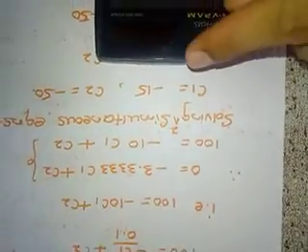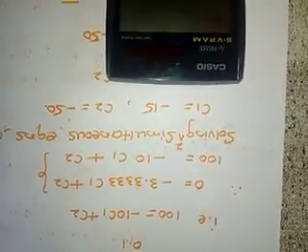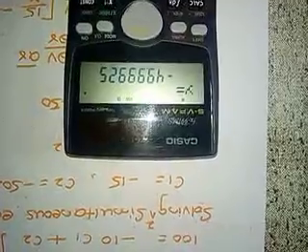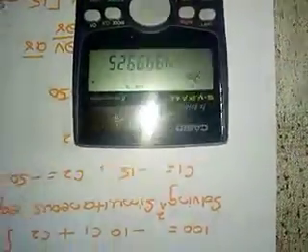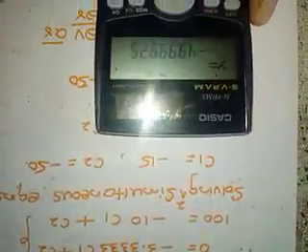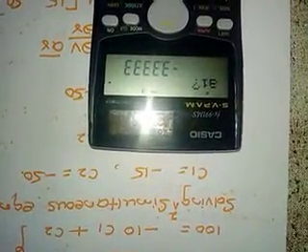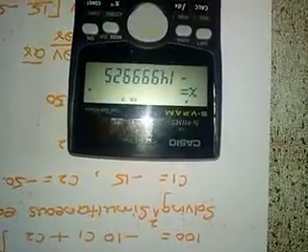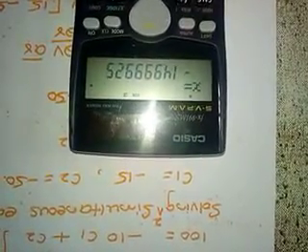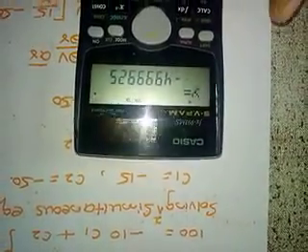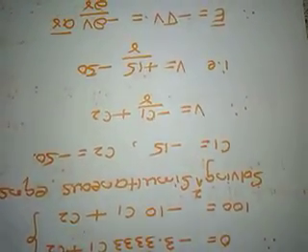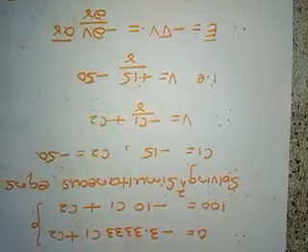C1 is minus 15. Similarly, press one more equal to, you will get the value of y. Y is minus 49.999. So it is nothing but minus 50. So c2 is equal to minus 50. So we have substituted all the values. So x is equal to minus 14.99, that is x equal to minus 15. Then y is equal to minus 50. We have solved the simultaneous equations using our calculator.